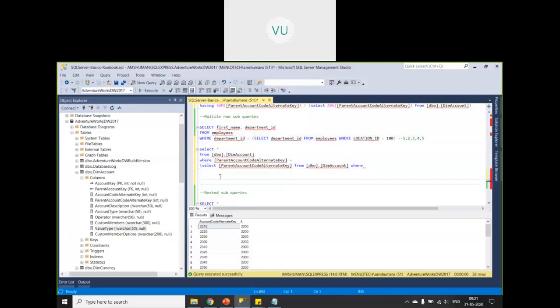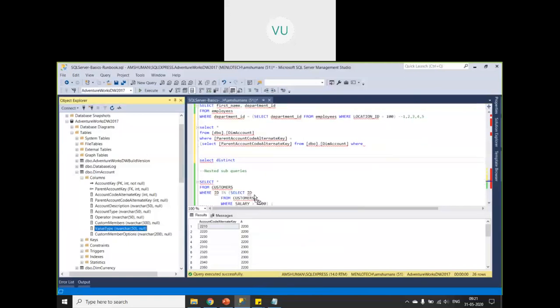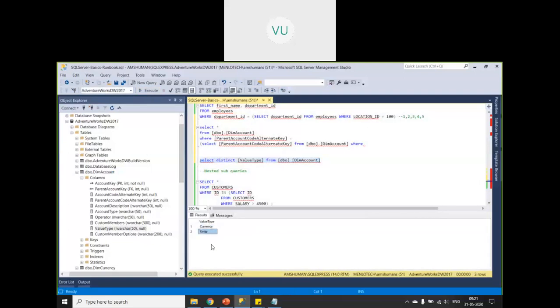Okay. Select distinct value type from the table. So currency and units are the different distinct values, right?